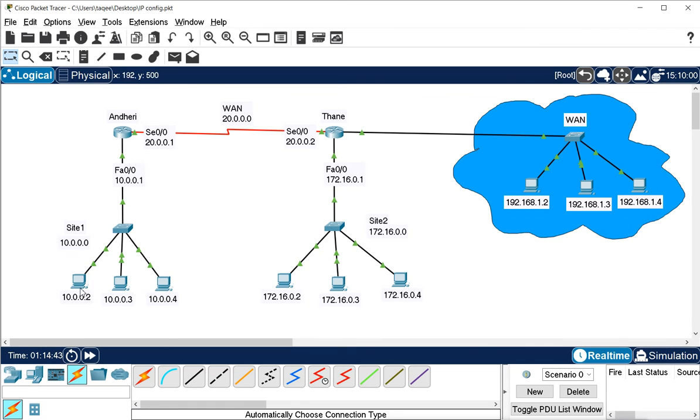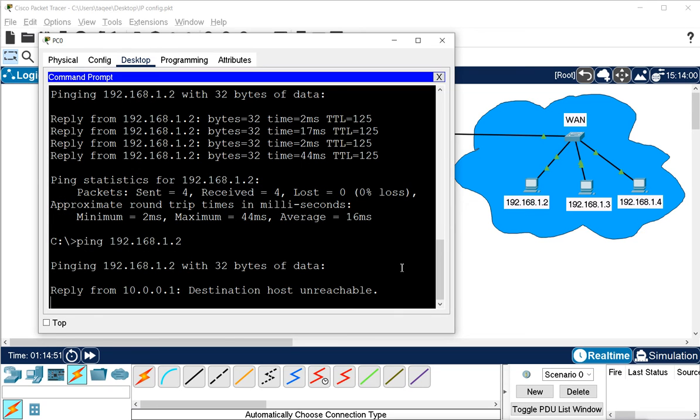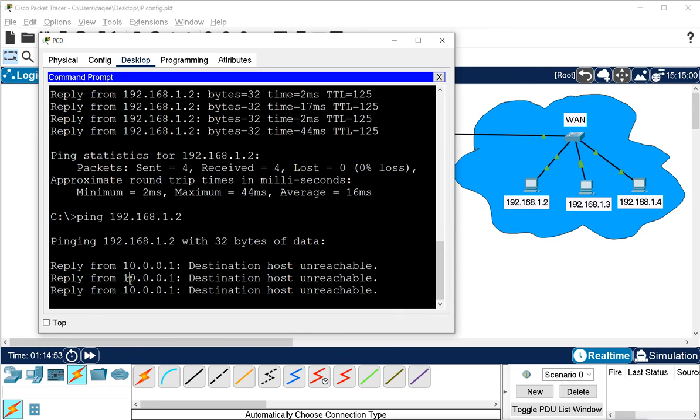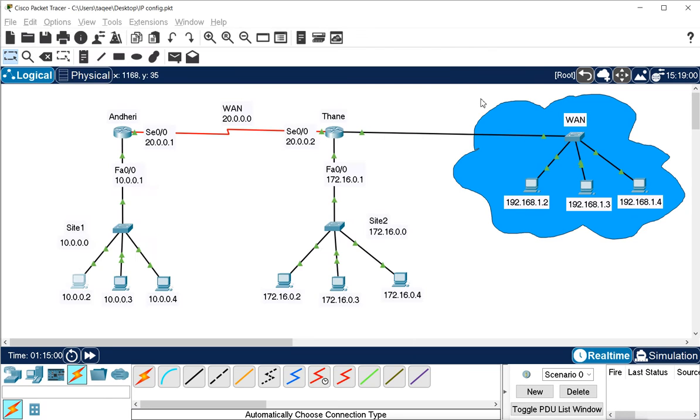Now when I try to ping from here any IP of this 192.168.1.2 or 3, we are getting the destination host unreachable error. Destination host unreachable because it is not able to reach this destination, because our router doesn't know about that network.